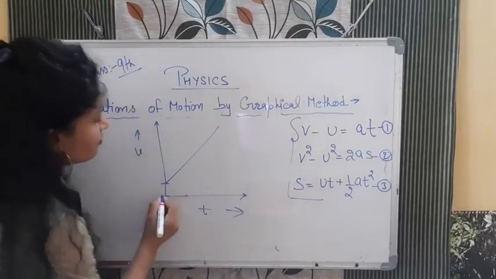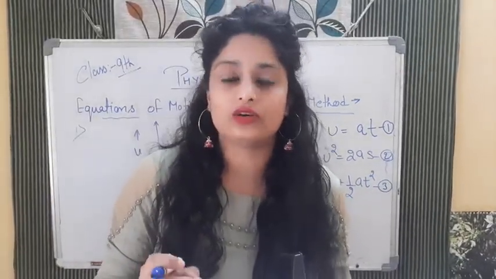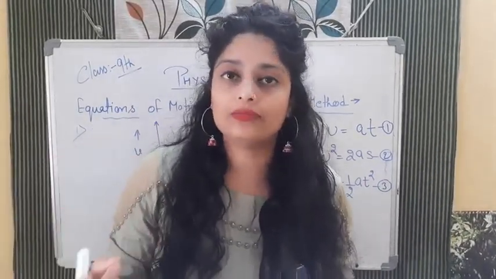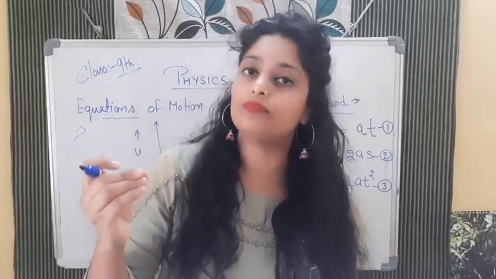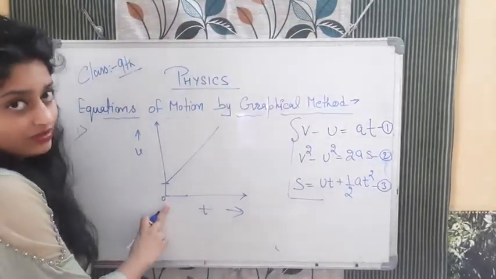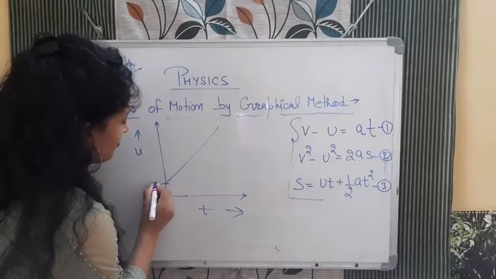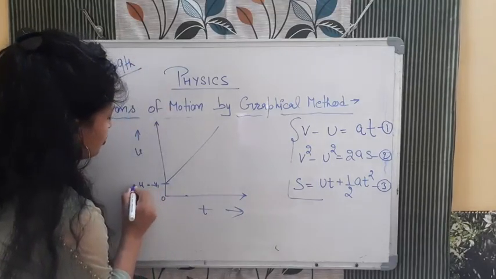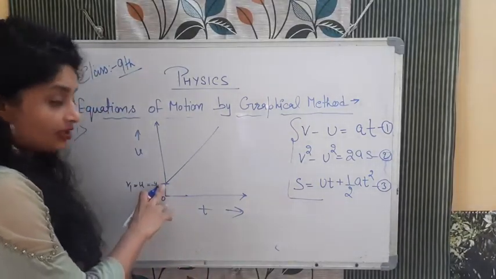Because if I start from the origin, the object was at rest. So the initial velocity of the object will be 0, so in the formula, u will not be there. It will be 0. So just to generalize the formula, to get all the equations with v, u, a, t, all the terms, we need to start it with this point, not with this point, because this point will be 0 then. So I am thinking that I am starting it from here. This is point y1 we can say, and because this is velocity, we can say it is u, initial velocity, or you can say it v1 also. It's your choice.